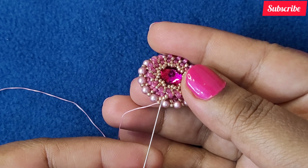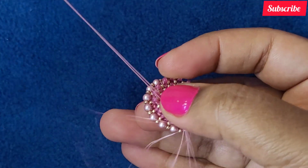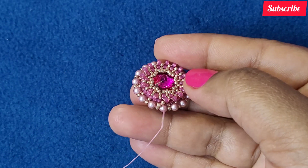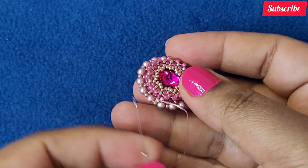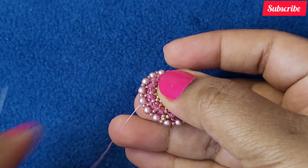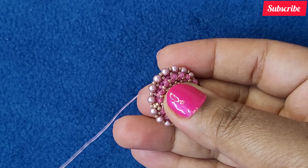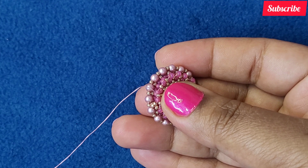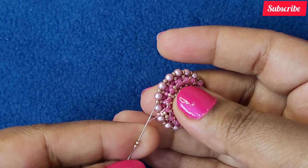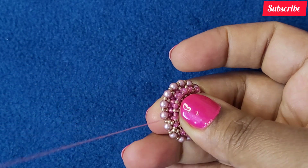I added two. Now I'll be passing through this second one like this. Now I will pick up one 15 champagne and pass through this next 11 champagne like this. Again I will pick up two 15 champagne and pass through this next 15 champagne,